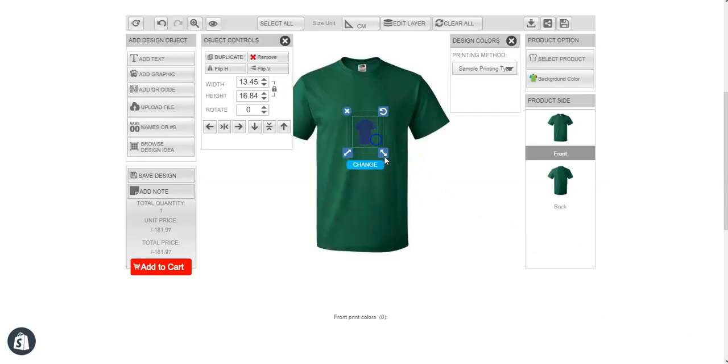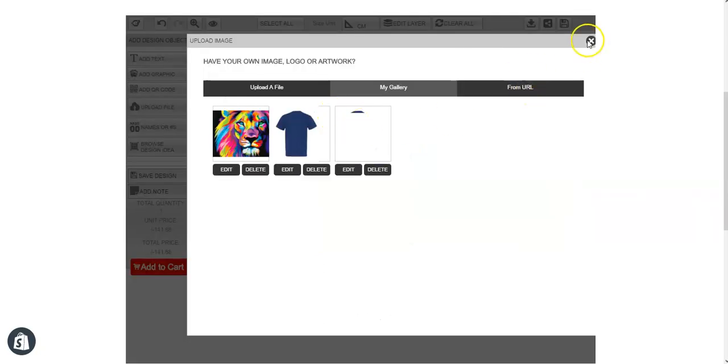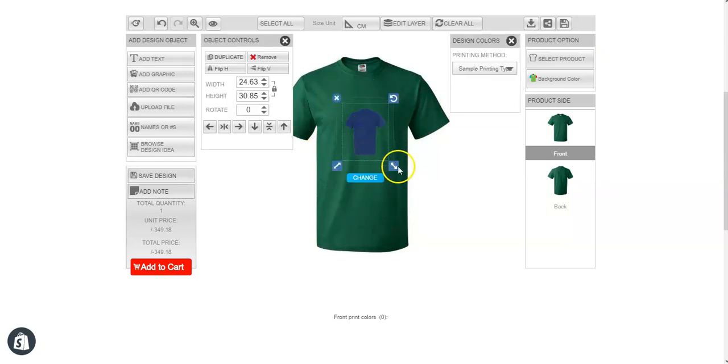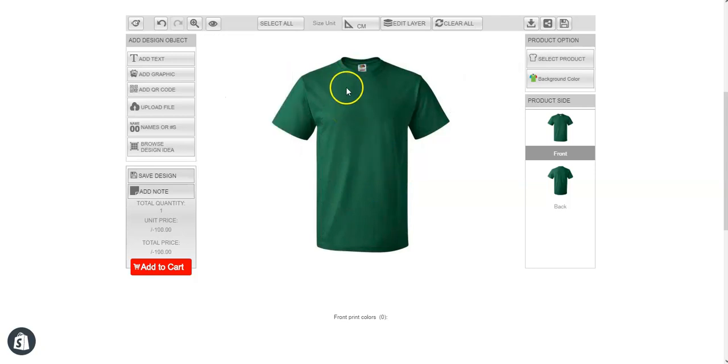So you can see now that there is some color blending. This is a very minimal thing. This is something which is very subtle. So this is how you can show your customers if they want color blending or not.